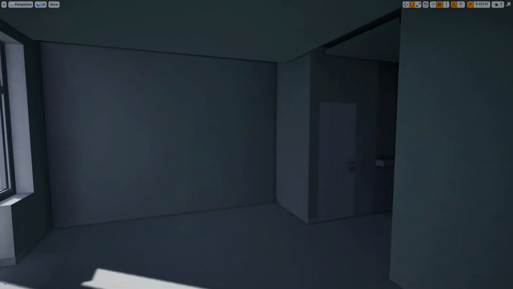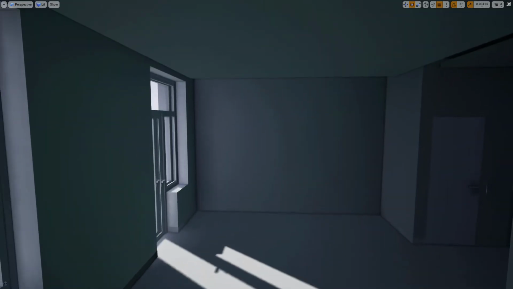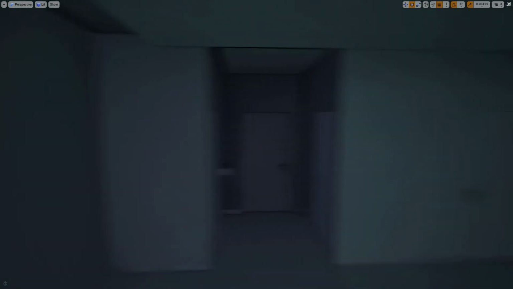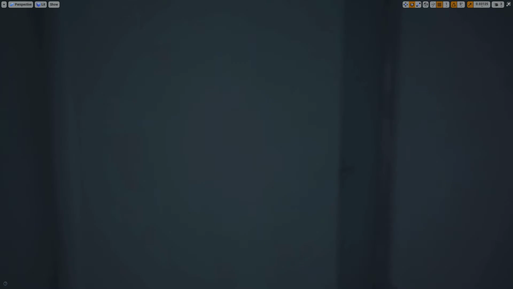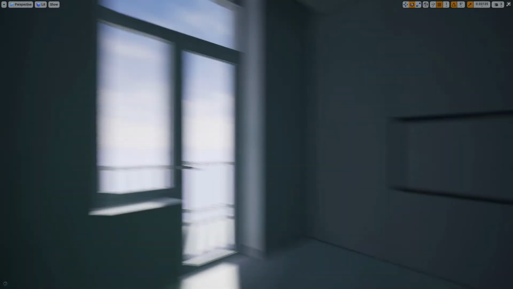The GI has gotten much better now. Some artifacts are still there, but we are still at low settings.